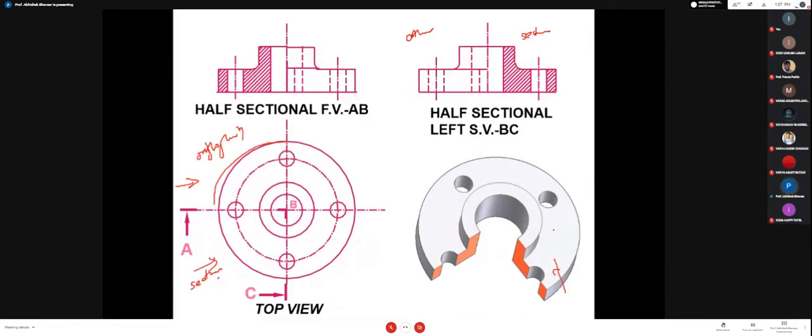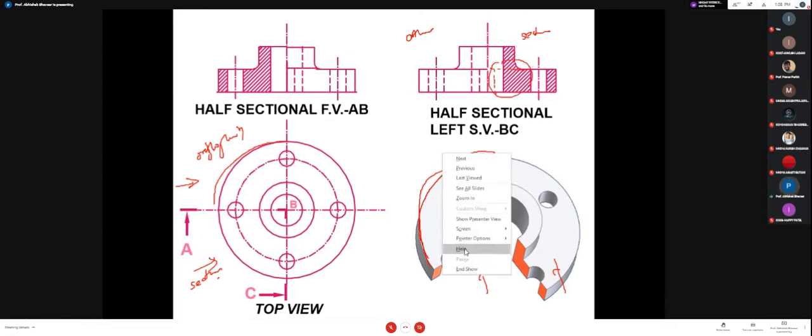If I want to see from here, behind the section view this whole curve goes, this curve. If I am watching from here, this curve will look like a hidden line to me. Okay, this portion of the hole is also there, but it is not needed. Suppose if I want to draw it, it will be like this. This is representing this curve. Here one hole will be there, but we are not going to show the hidden line. That's why I am omitting these hidden lines over here. So this is the way we are going to draw the half section view. Okay, any questions related to half section view?